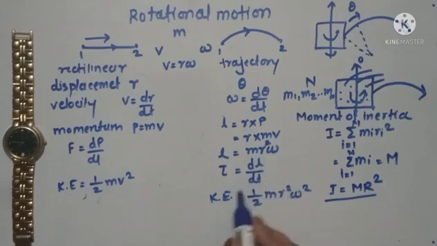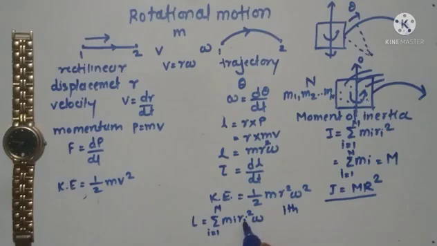Now this m r square omega square can be written as L is equal to summation of m_i r_i square omega, where i is running from 1 to n. We know that in physics, this m_i is nothing but any particle which is chosen randomly for the experiment or to calculate the angular momentum right now. So this m_i is the mass of the i-th particle,